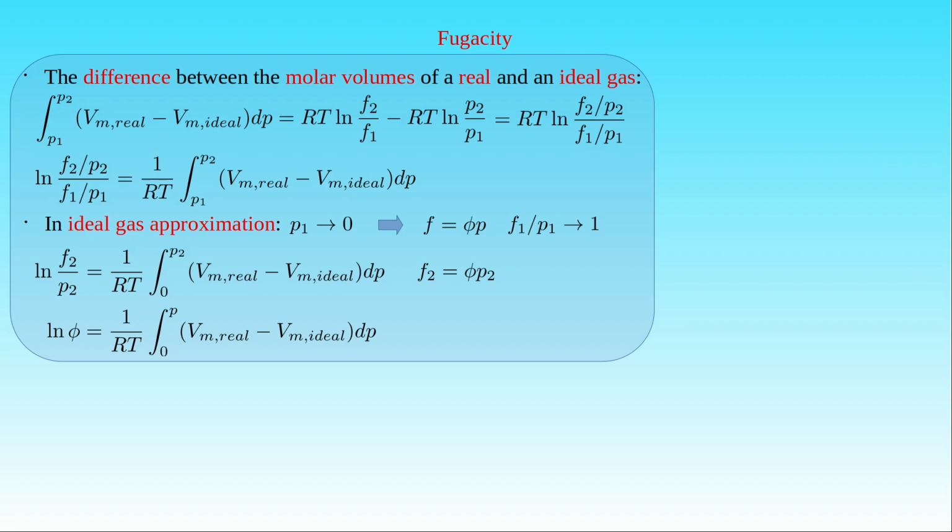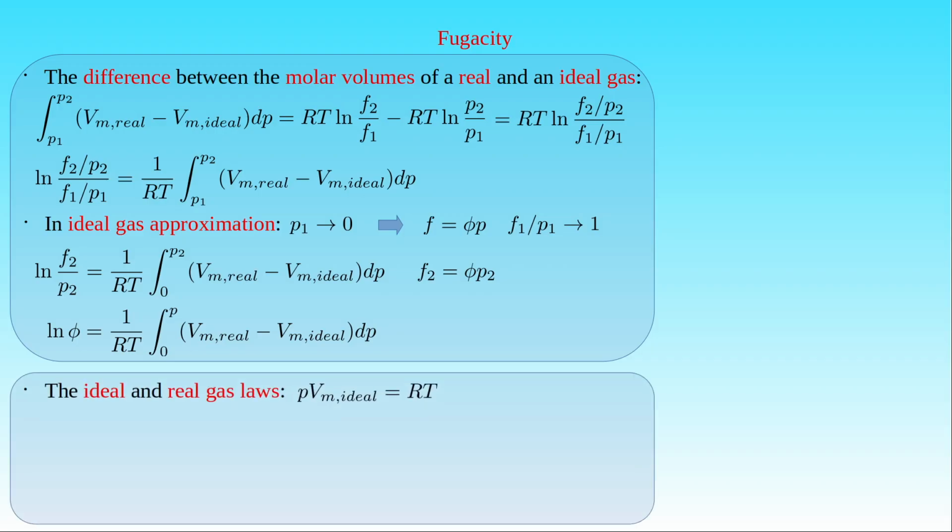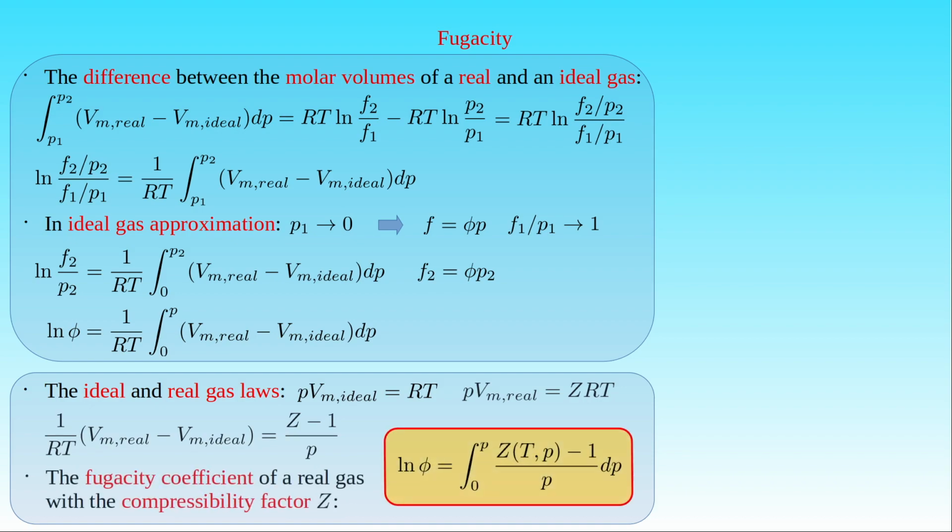Now we can apply the ideal gas law, telling us that the pressure P of an ideal gas times its molar volume V sub m ideal is equal to the gas constant R times the temperature T of the gas, and the real gas law for the same pressure and temperature, stating that the pressure times the molar volume V sub m real of the real gas is equal to the compressibility factor Z of the real gas times R times T. Then 1 over R times T, times the difference between V sub m real and V sub m ideal can be expressed as Z minus 1 over P,